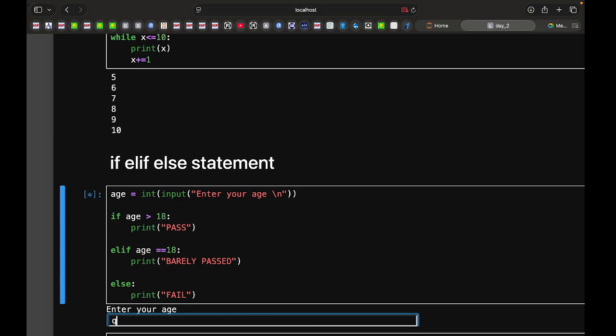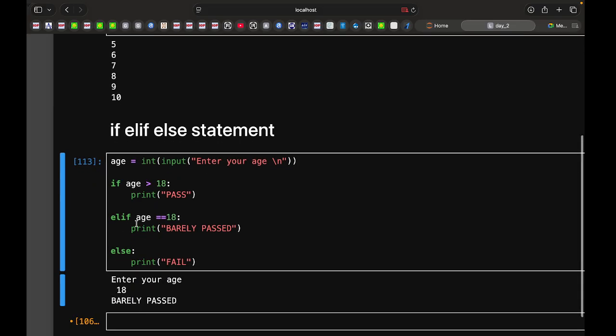ठीक है, अब मैं 18 प्रिंट करूँगा तो वो क्या करेगा, बेयरली पास। तो अगर 18 से ऊपर होगा तो पास ही है। एलिफ मतलब एक और कंडीशन जो इफ़ जैसी ही है, कुछ कंडीशन के अंदर प्रिंट कर रही है, बट वो इफ़ से अलग है। मतलब एल्स और इफ़ को मिला के, एल्स इफ़। तो एल्स इफ़ 18 के अगर बिल्कुल बराबर है, तो वो प्रिंट करेगा जो भी है। अगर इफ़ भी नहीं है, एलिफ भी नहीं है, तो वो प्रिंट करेगा फेल। ओके, दैट्स इट, ये हो गया।